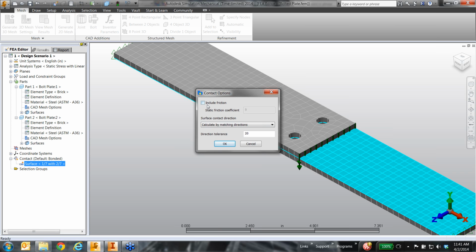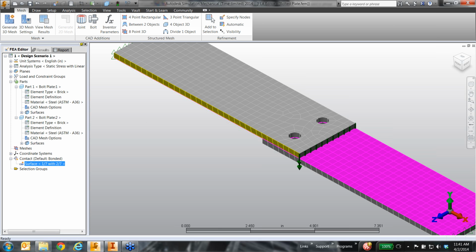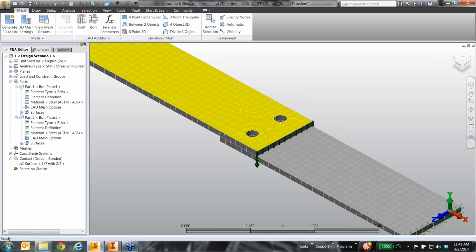I could also go to settings and include friction with that. Right now, I just won't include it. It'll take a little bit longer to solve in there. But to handle these bolts,